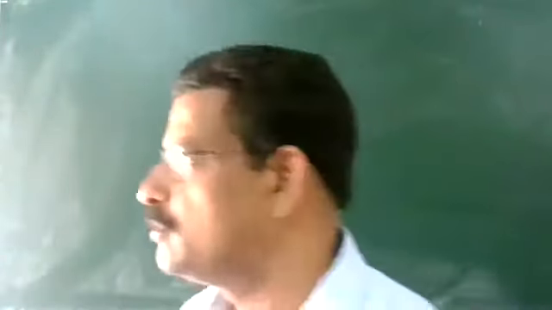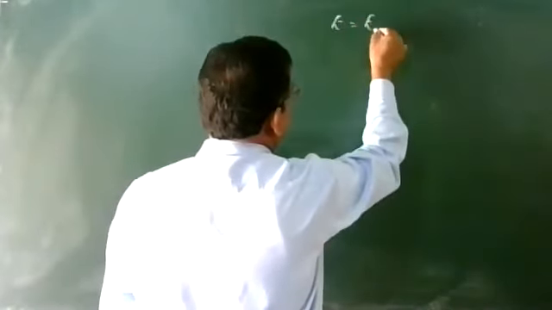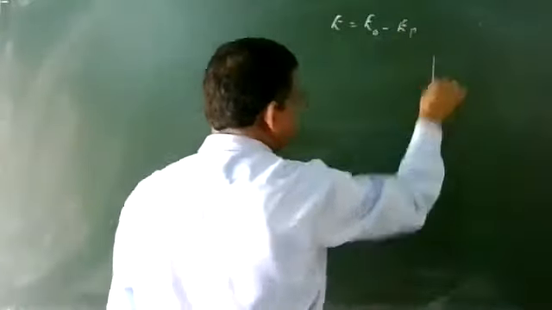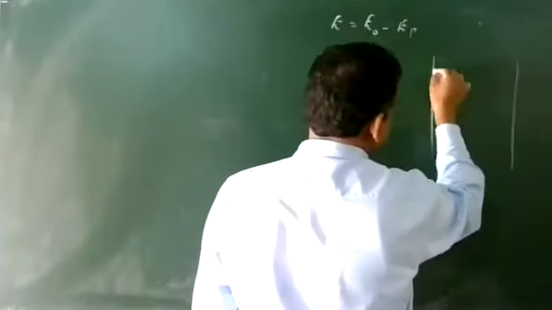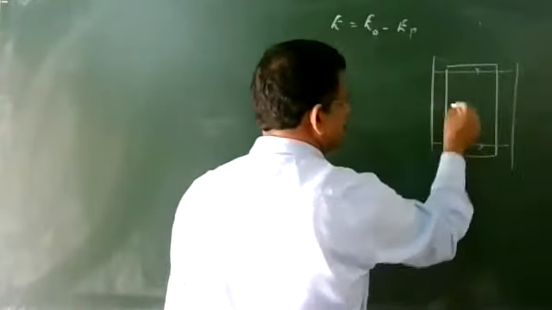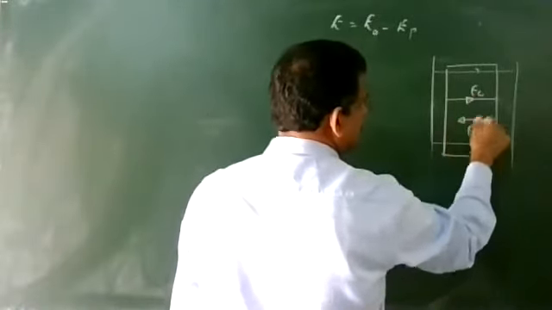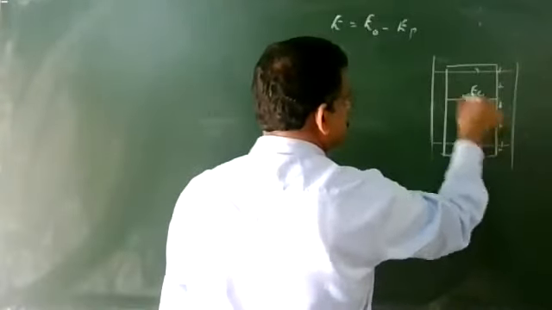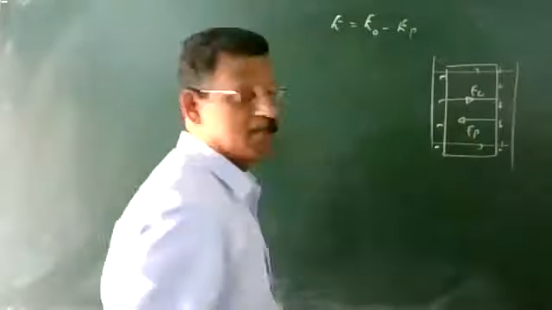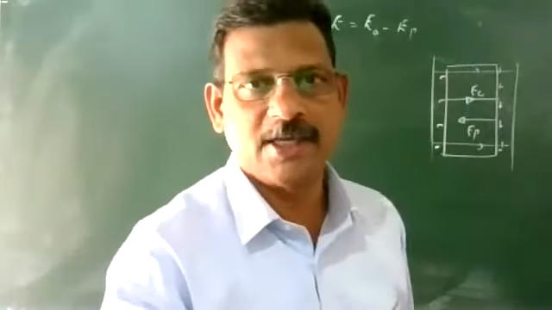Two more points I want to add. If you have a dielectric in an external field, there is a net electric field inside equal to E naught minus EP. This is the external electric field. When you place a non-polar dielectric, one electric field is E naught, and another is EP, with positive charge concentration on one side and negative on the other. So the net electric field is E equal to E naught minus EP, where EP is the polarized electric field.